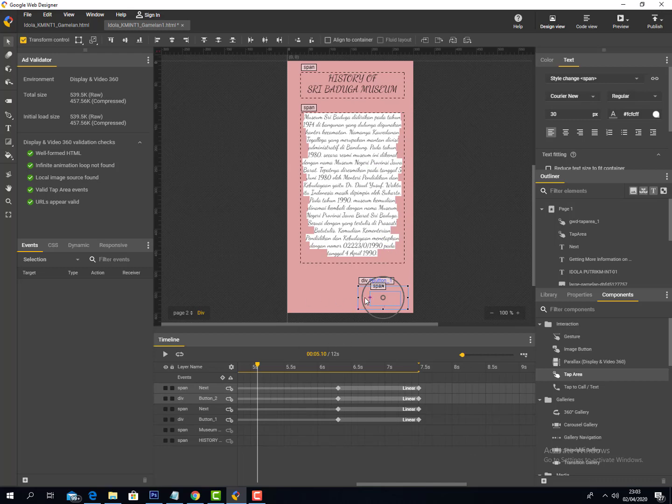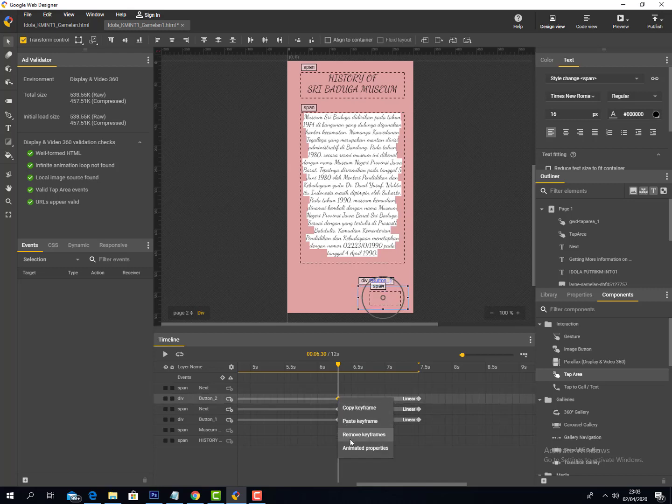You can click one of them. You have to remove the keyframes because you want it to be different from the previous button.